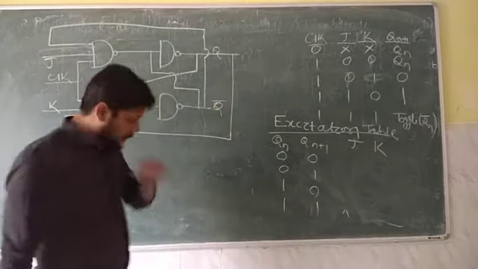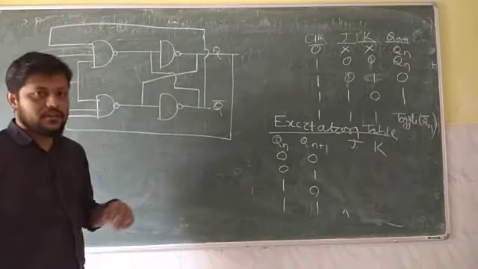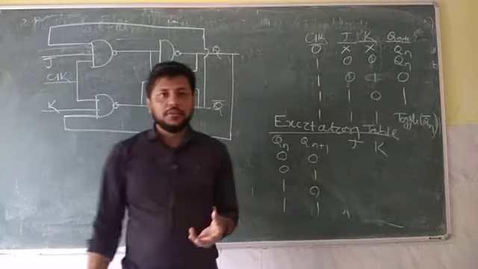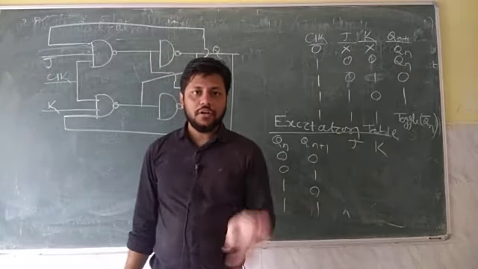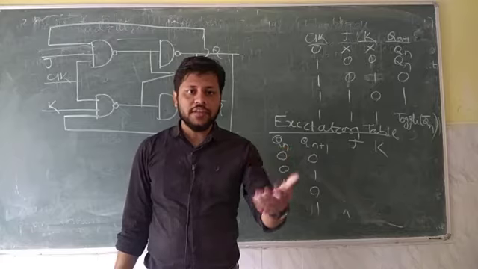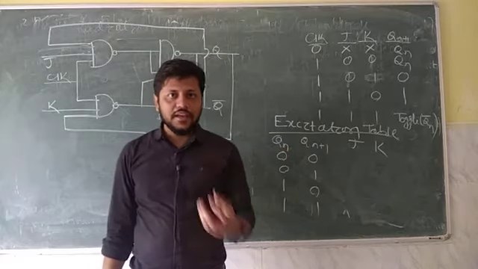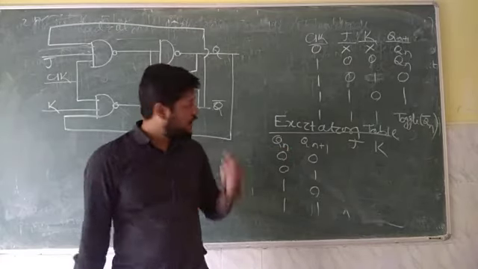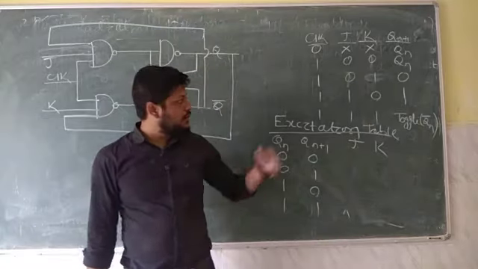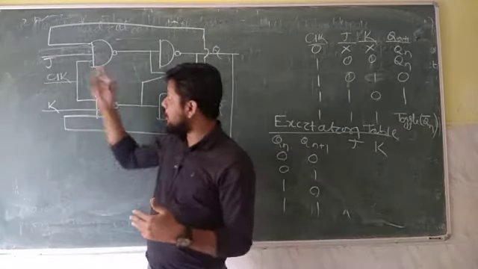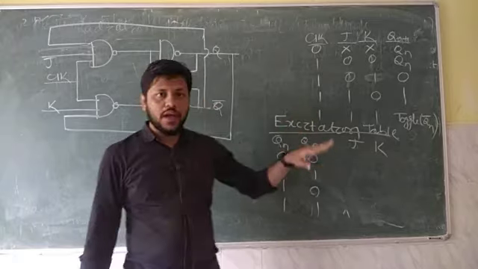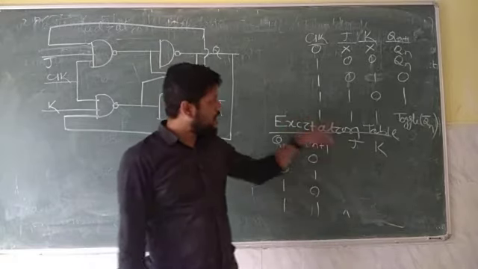First of all, why do we go for the JK flip flop? Because in the SR flip flop, when you apply 1 and 1, an invalid result occurs. That is the biggest disadvantage of the SR flip flop. You cannot apply S and R both as 1 1 because of the invalid output. In order to overcome this problem, we go for the JK flip flop. But in the JK flip flop also we have a problem, that is the racing problem.